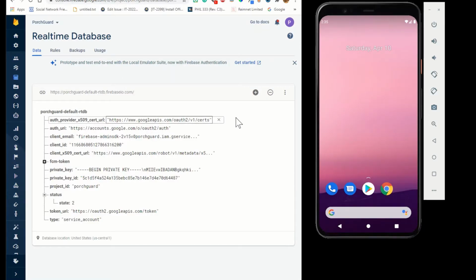Another key functionality of our system is being able to send notifications. And just to remind you, state 0 is our idle state when nothing is happening. The system is just waiting for a package to be delivered. State 1 is the monitoring state when a package has been delivered. And state 2 is the alarm state when the alarm has been triggered, for example, when someone tries to steal the package. So I'll show you how the notifications are being sent on change of the states in the real-time